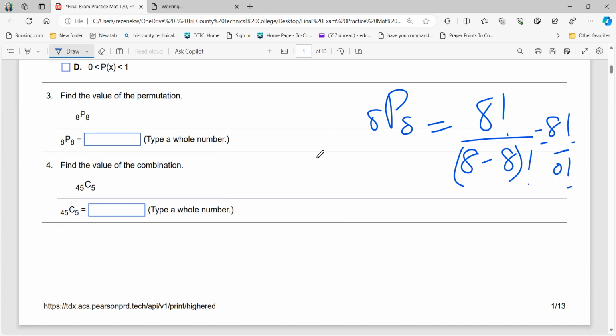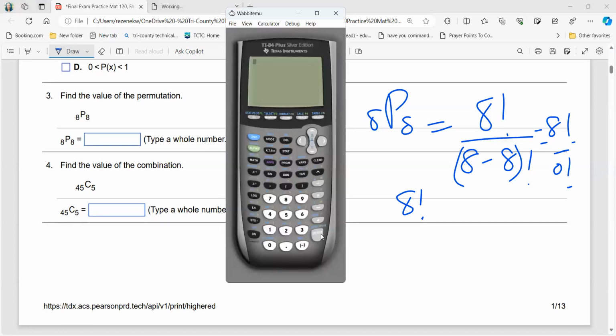And remember that 0 factorial is 1. Somebody's going to say undefined here. The person was not in class. 0 factorial is 1, so your answer becomes 8 factorial. So you still have to go to your calculator and find 8 factorial, unless you want to multiply it out. Whatever you can do with your calculator, that is good. So I can just put 8 factorial here, 8, go to math, arrow to PRB, and number 4 is factorial. So this is my answer,